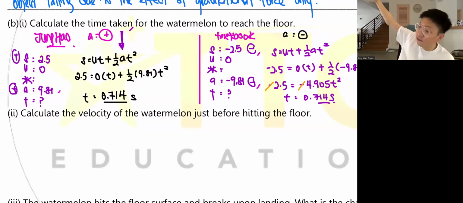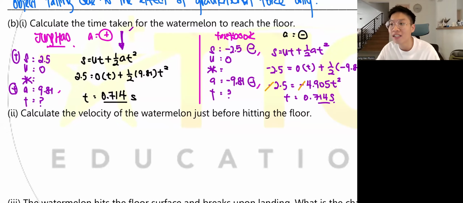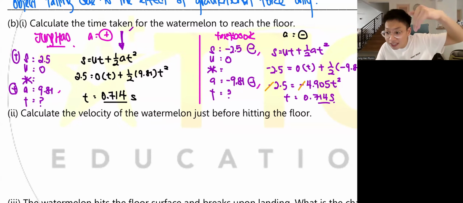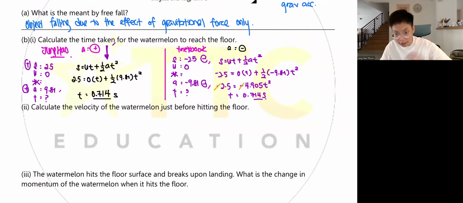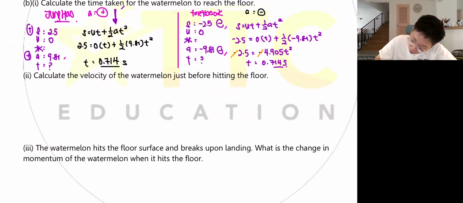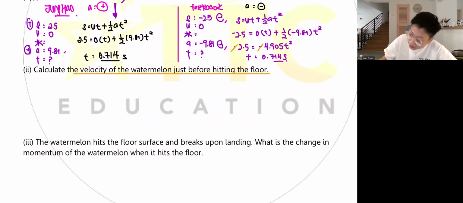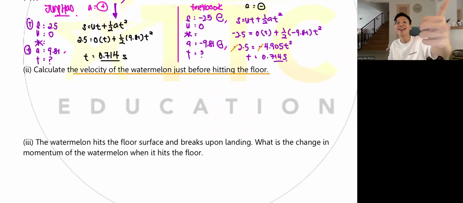So Darlene, if something falls from the sky, will it go faster or will it go slower? Falling. Yeah, so therefore it's positive. Okay, now we are going to continue to the next part. Livong, you want to ask, right? You follow the textbook, then you don't need to ask already. Ken, you follow the textbook. Done.